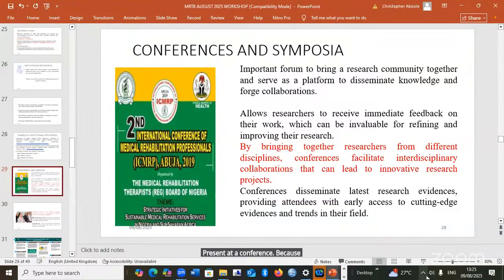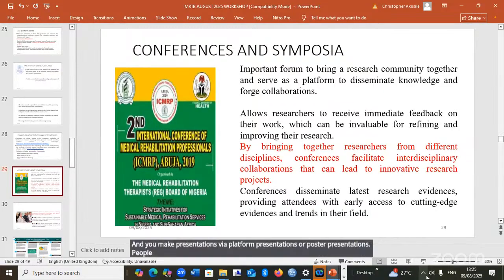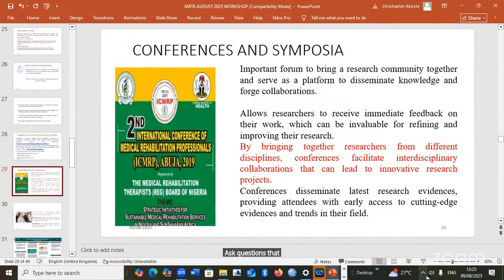Because when we go for conferences and you make presentations, either via platform presentations or poster presentations, people can make contributions or ask questions that will help you to do a more tidy job of your manuscripts, so that by the time you have taken their feedback and you are sending your work out to any journal, the work has already been enriched because of the critical feedback you have taken from other sources.